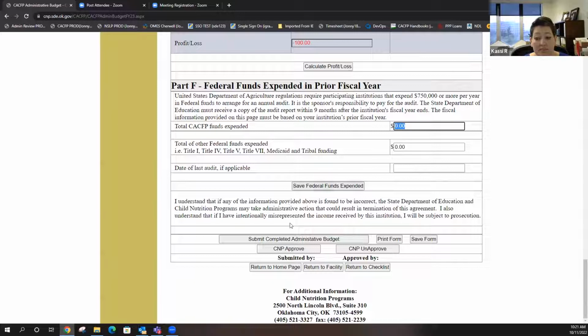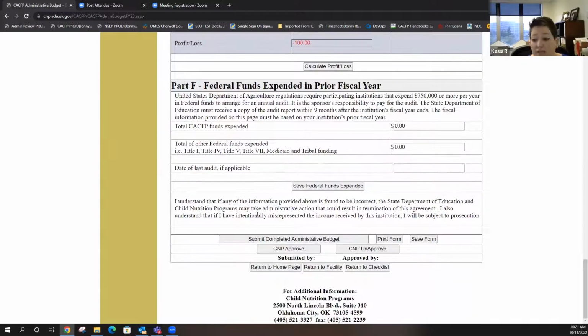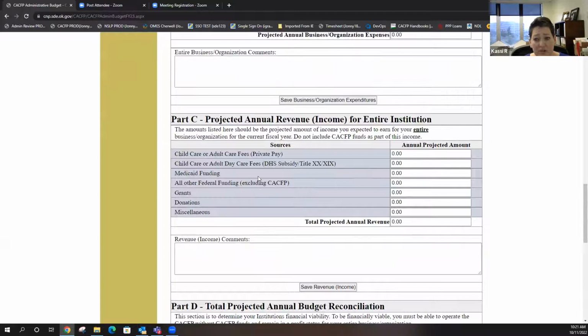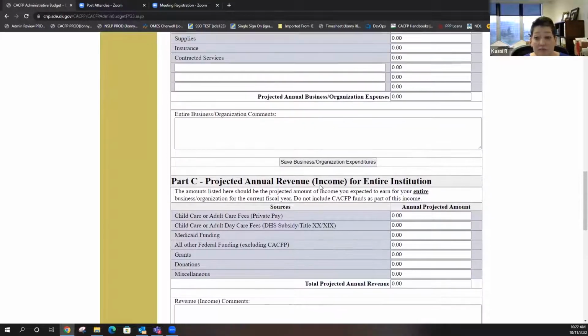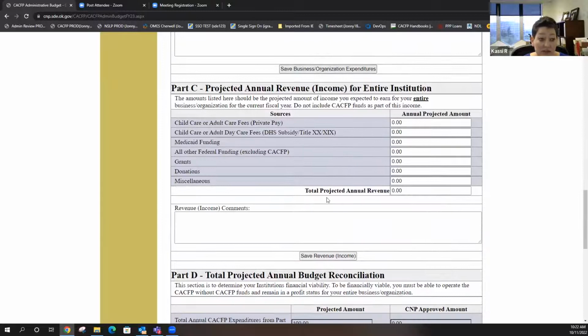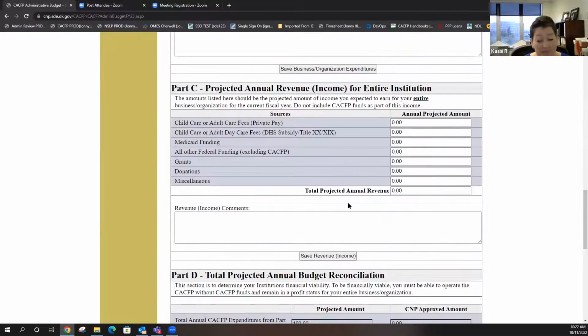And then click save and submit. And if you try to submit and it looks like this, it's going to say, oops, you can't do that. You're not viable. If you have a negative here, that means you need to go up here. You've either got to decrease your spending or increase your funding. And likely you will need to decrease something and not just make up income.